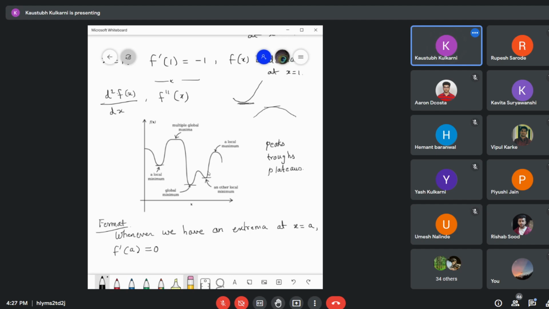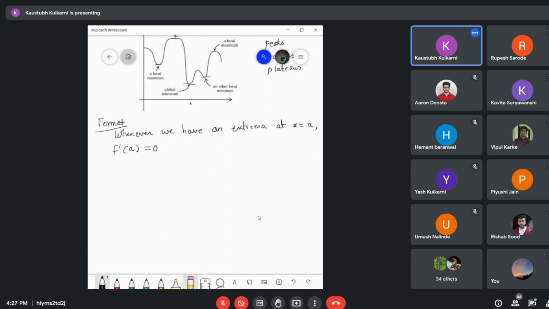So from the second derivative, you can find out whether f dash of a equal to 0 means it is a local. You cannot say anything about global, but you can at least say whether it is a local maximum or minimum without plotting the graph, obviously. One way is you can plot the graph and see what is happening, but if you don't plot the graph and you just want to perform the analysis numerically in this method, then you can say that